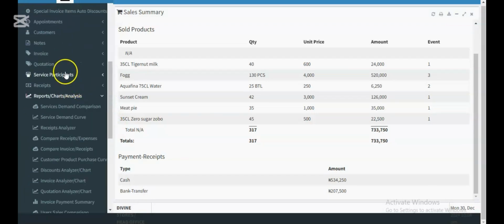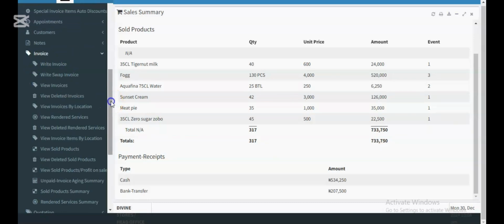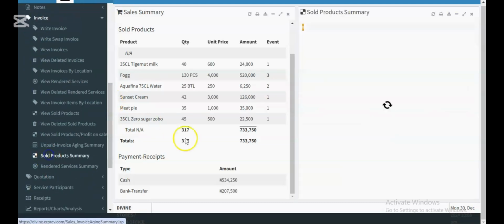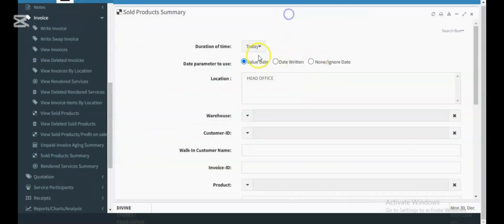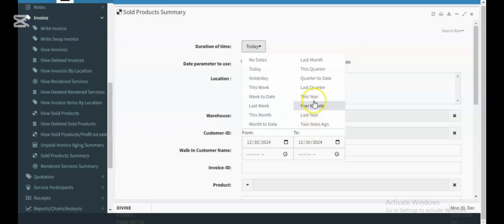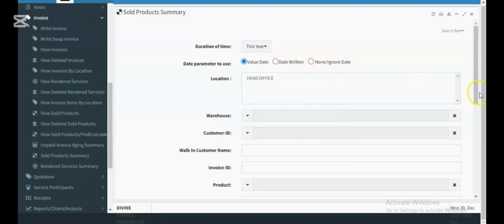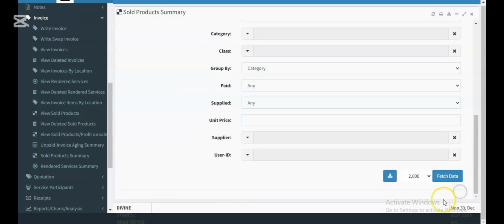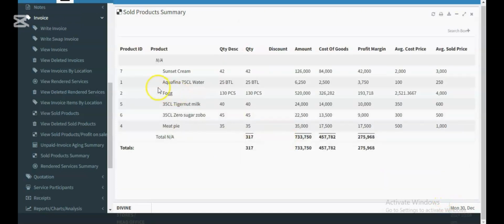Okay, not just that you are selling. At the end of today, you want to know the profit made from all the items you have sold today. You want to know the profit you made from all the items you sold for the year, for the week, from this to this. When you come over here, it will show you. Look at this item, look at what you made, look at the cost, look at your profit. Okay, you might also want to check